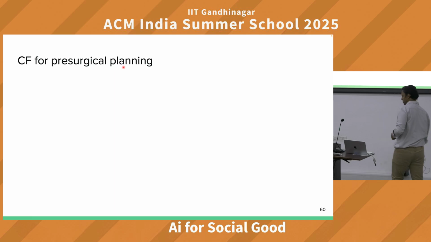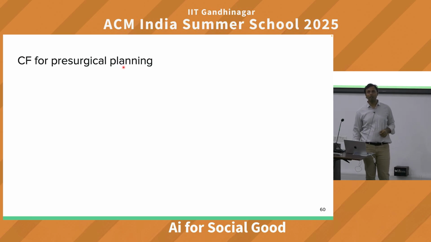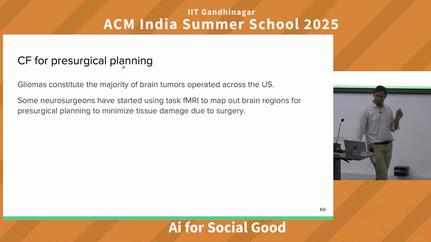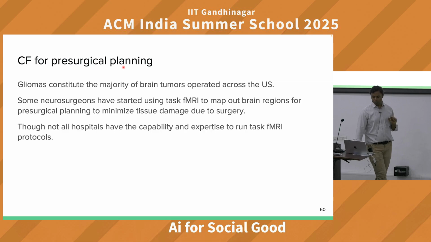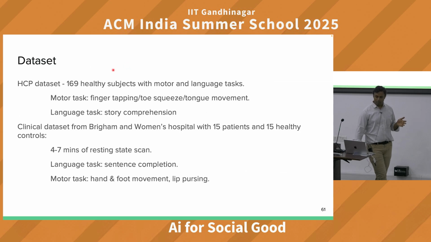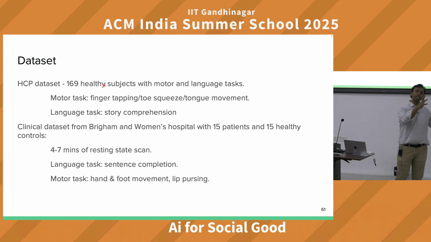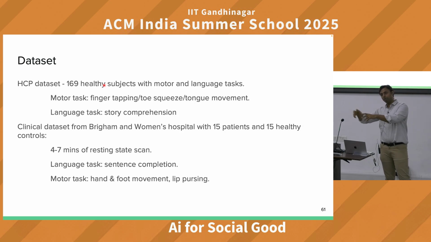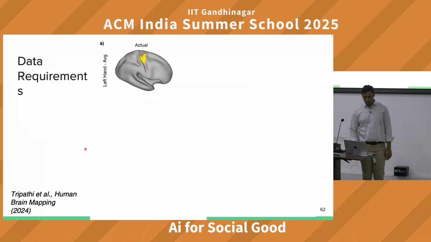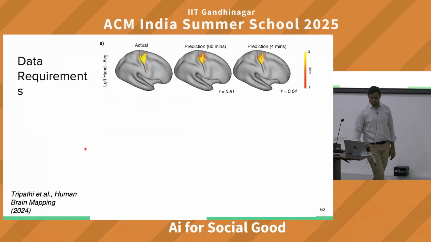So this was done in collaboration with our colleagues at Harvard Medical School. So gliomas, there's a specific form of tumor which is called a glioma, where we use this fMRI to make these predictions. What we did, which is very interesting, we took data from one data set, 150-200 लोगों में, and then used it to predict in these people with tumors, and we did a very significant prediction. और interestingly इन लोगों के उसमें बहुत ज्यादा डेटा था नहीं, फिर भी हम लोगों ने एक अच्छा prediction किया.